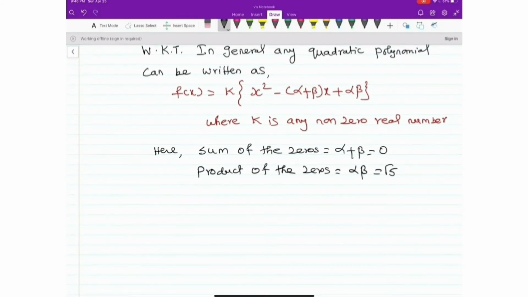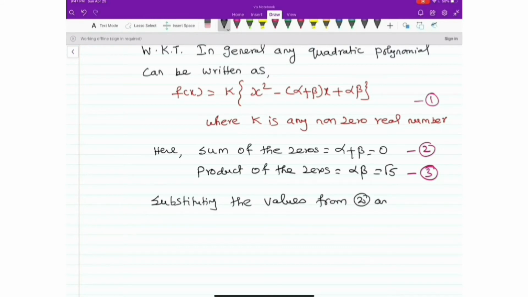So, now let us name the general form of the quadratic equation as 1. Sum of the zeros alpha plus beta, that is 2, and the product of the zeros as 3. Substituting the values from 2 and 3 in 1, we get